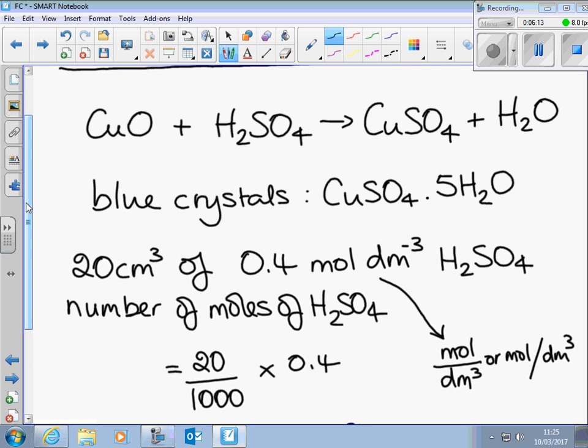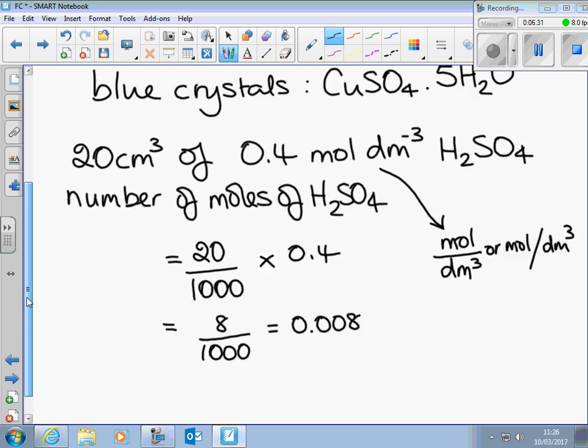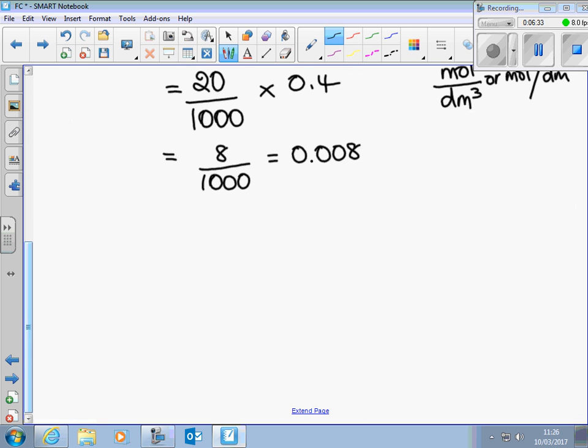And what you'll have is the acid, which you'll warm up, and you'll add copper oxide until no more reacts, so there'll be a bit left over. You can then filter that out, but you'll know you've used all the acid up, and as much copper oxide as would react. So you'll know that you should have 0.008 moles of copper sulfate. So moles of CuSO4 and the water, because that is produced,